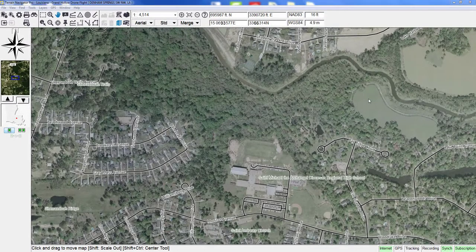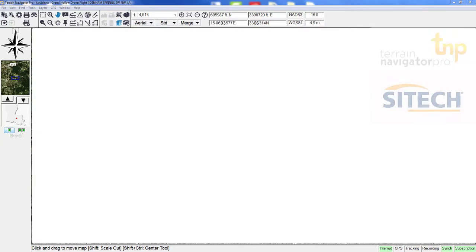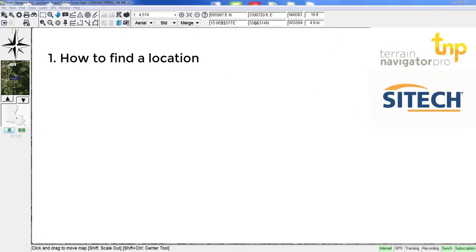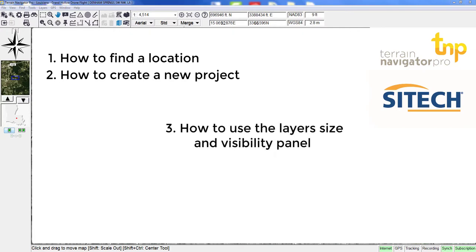Tutorial today, we're going to teach you several key features in Terrain Navigator Pro desktop software. The first function we're going to teach you is how to find a location. The second thing you're going to learn is how to create a new project where you can store and separate all your data. The third thing we're going to teach you is how to utilize the layers, size and visibility